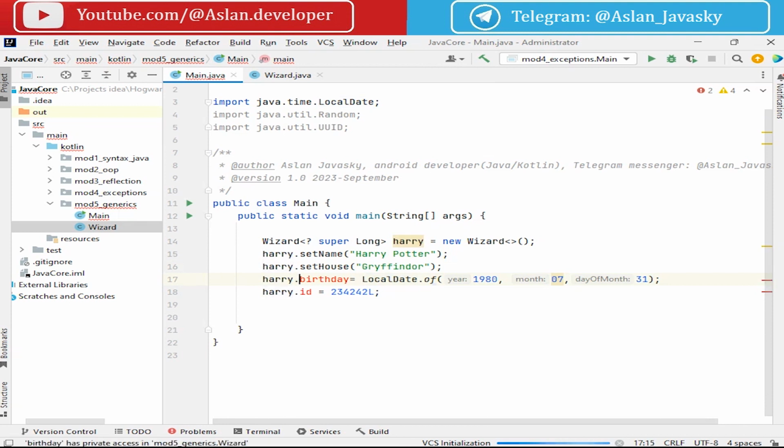set birthday with a local date, and set ID